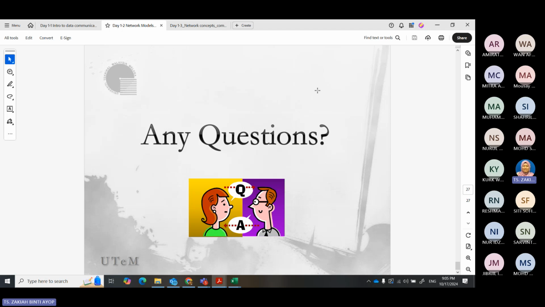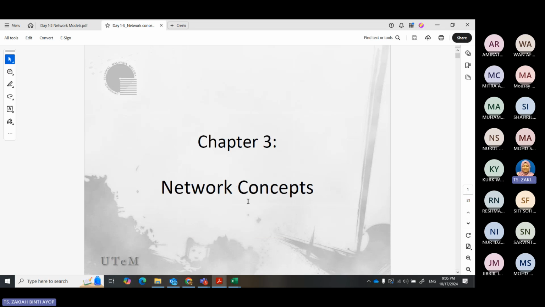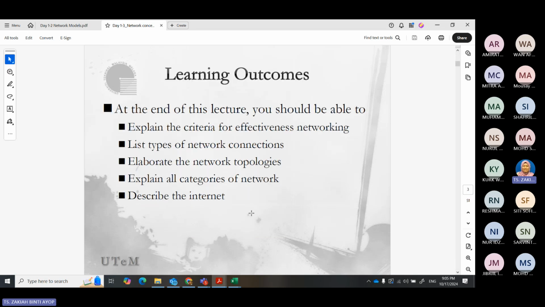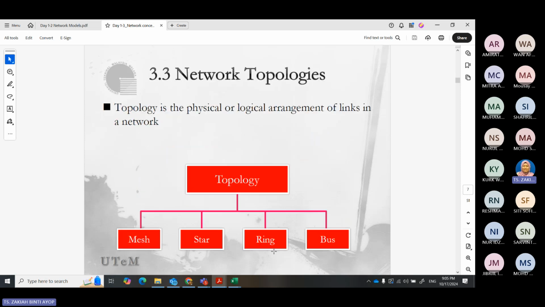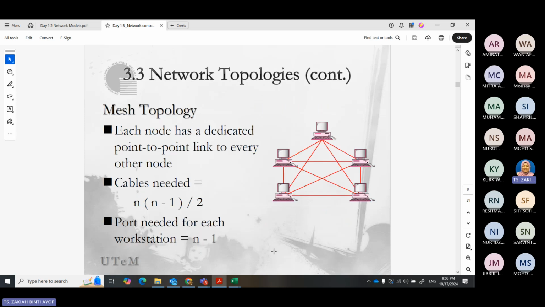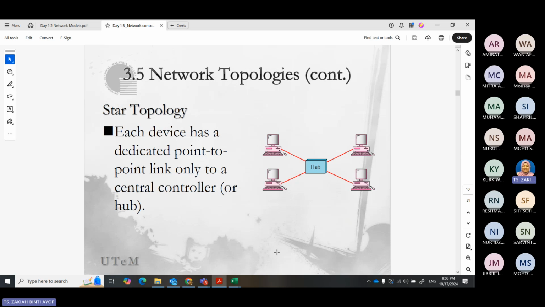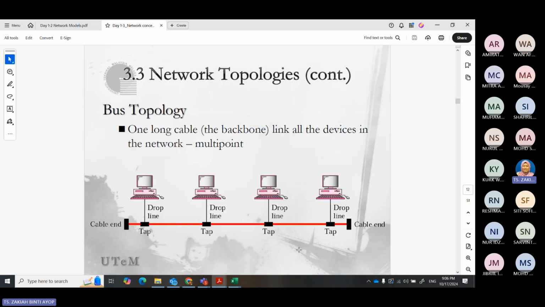We did not manage to finish the network concept here. As for the network concept, I would like to add a new topic: the network topologies, and also new technologies on the network that I can introduce.